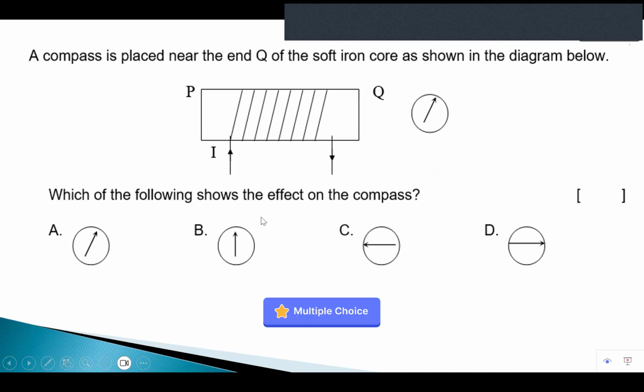Next. I have a solenoid over here. I have a current passing through this solenoid, and there is a compass over here. What will happen to this compass when current starts to flow in this solenoid? The first step, always trace the direction of current flow. So the current will all be flowing upwards. Then use my right-hand grip rule. I will have my thumb pointing at P. So P will be a north pole, Q will be a south pole. And if my compass needle is placed here, I know that it should always point towards the south, because the compass needle represents the magnetic field line. So the answer should be C.